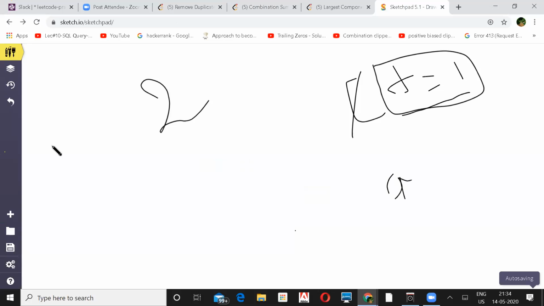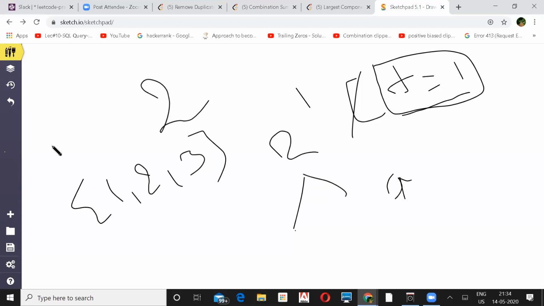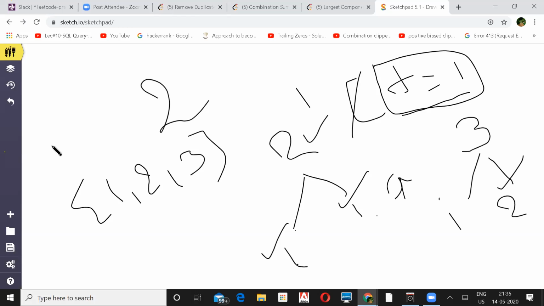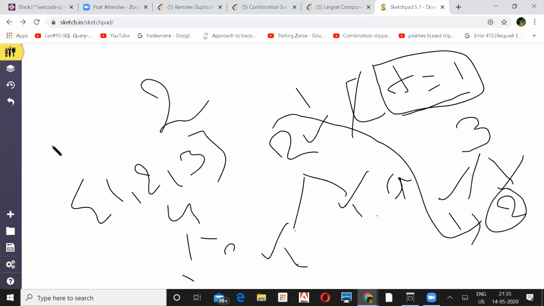So what are the ways of getting first 1? I'll first check the numbers which are present in my array. Numbers are 1 and 3. First, I'll check whether my 2 is greater than 1 or not. If it is greater than 1, the complement of it will be 1, right? So 2 can be written as a sum of 1 and 1. So what are the ways of getting this and what are the ways of getting this? When you club these two, these are the ways of getting 2. Next target, I'll look for 3. 3 can be broken into 1 and 2. What are the ways of getting 2? What are the ways of getting 1? And you already know the number of ways of getting 2, so you can put it here. If you go for 4, 1 and 3 you have. What are the ways of getting 3? That you can append here.